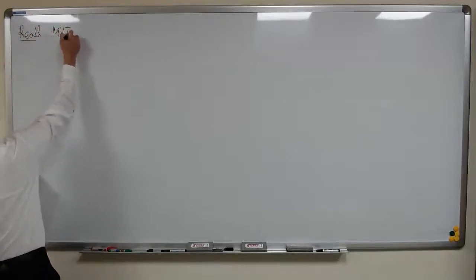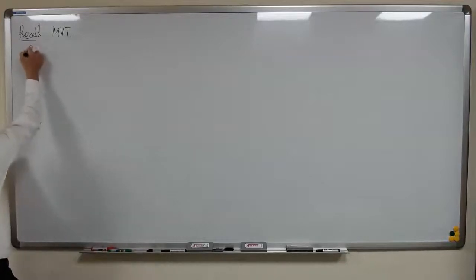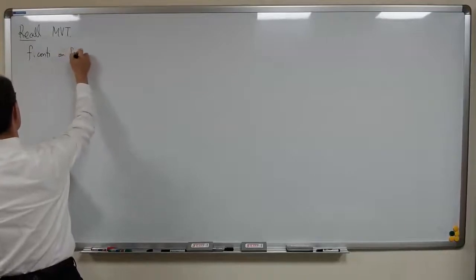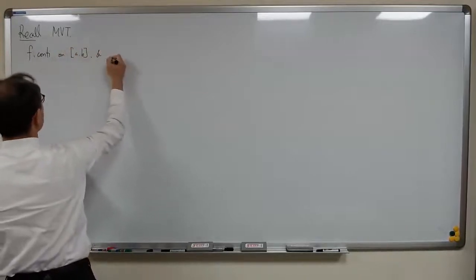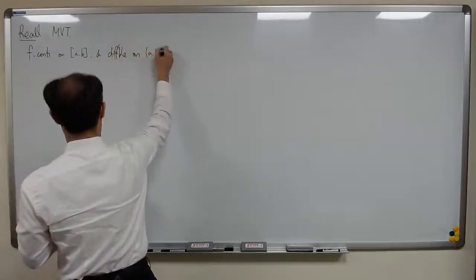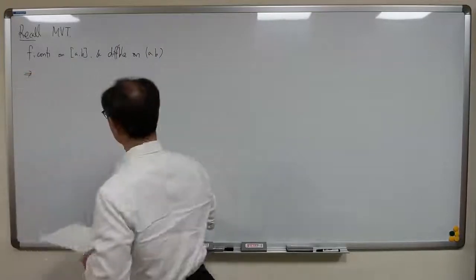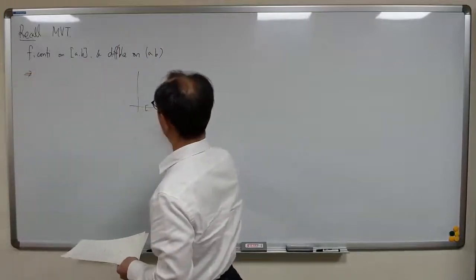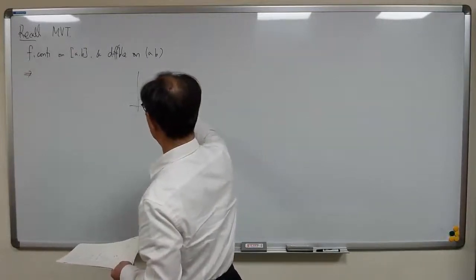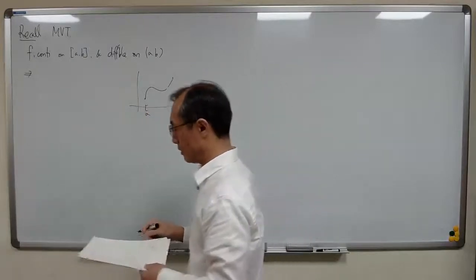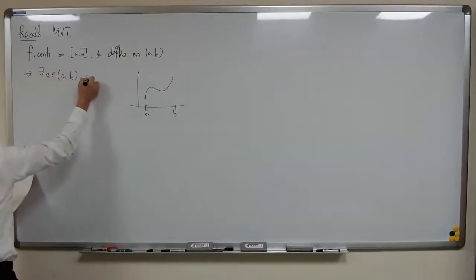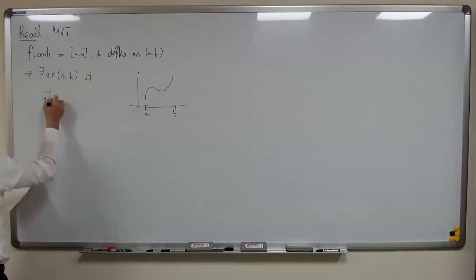The mean value theorem, or MVT in short, says that if f is a continuous function defined on a closed interval, and this function is differentiable on an open interval, then, okay, so we have a closed interval from a to b, and a function f that is continuous and differentiable. Then there is a point x in the open interval such that the instantaneous rate